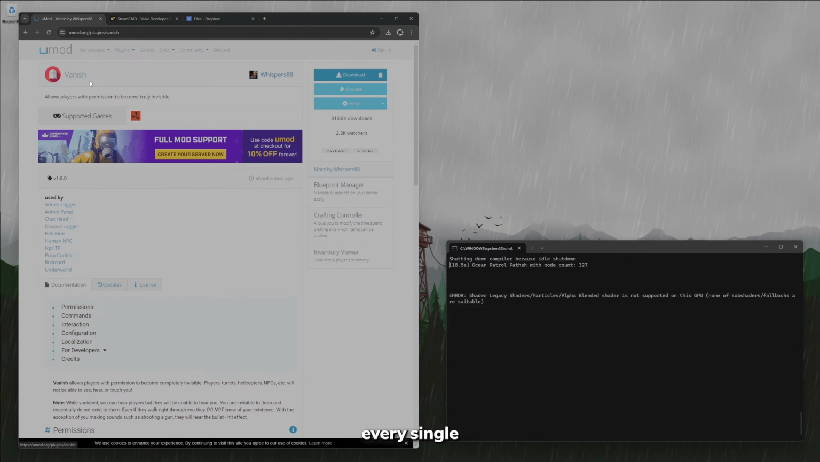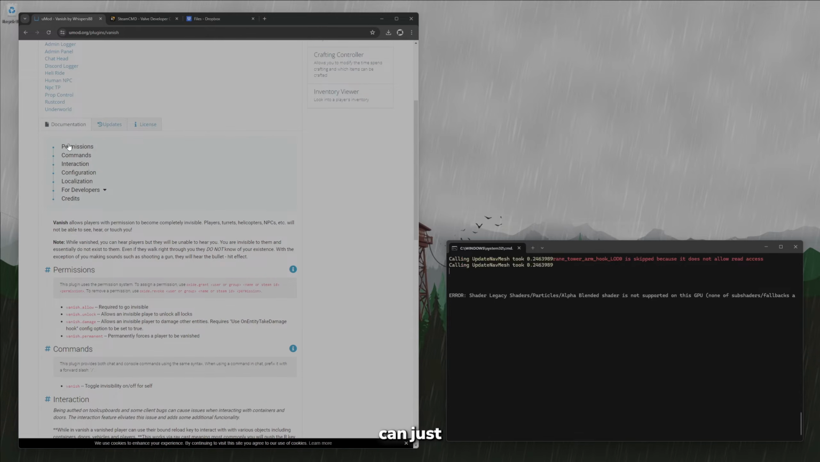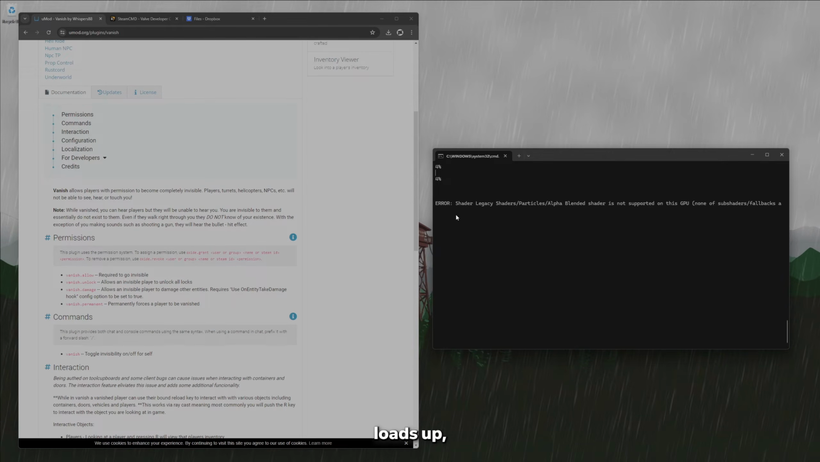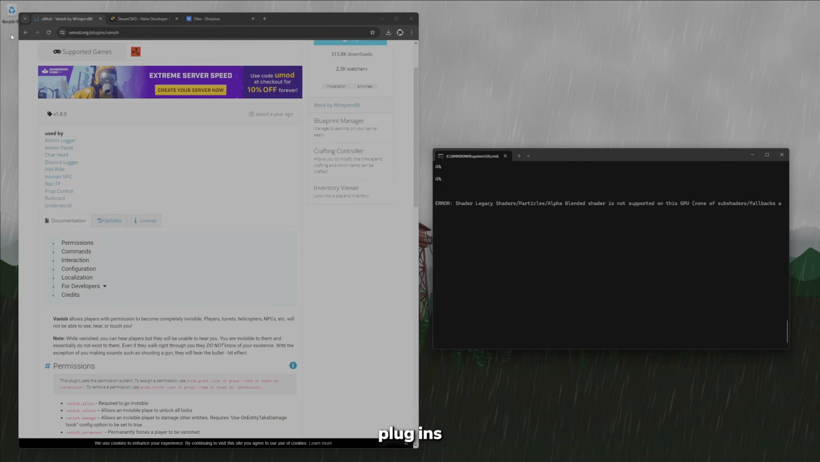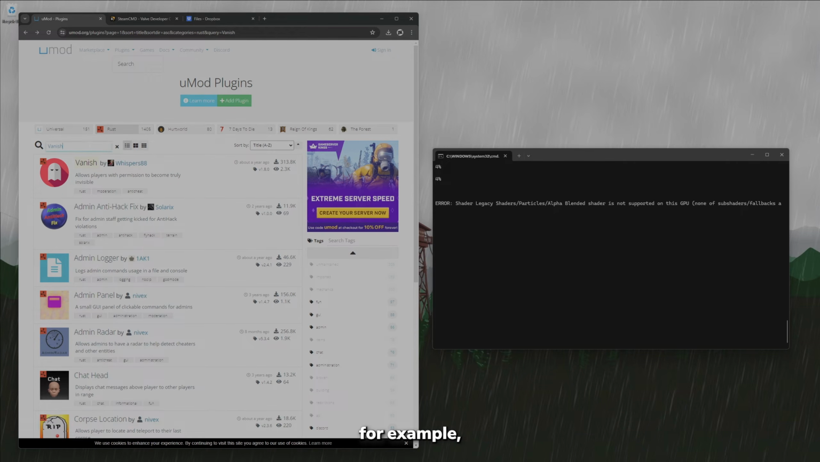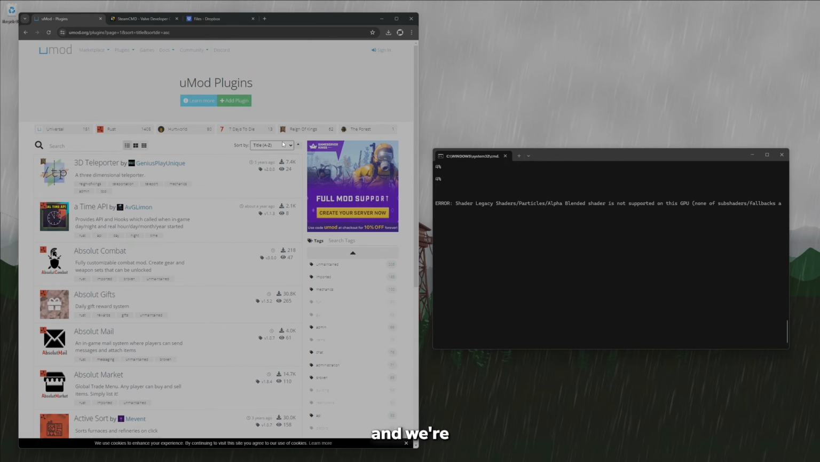Now, pretty much every single plugin that has user controls has a permissions section to it. And you can just find it through this table of contents or by scrolling down here. So once this loads up, we're going to be able to tinker with Oxide and change a few things around with different plugins. And what I'll do, for example, let's click on Rust, and we're just going to set this